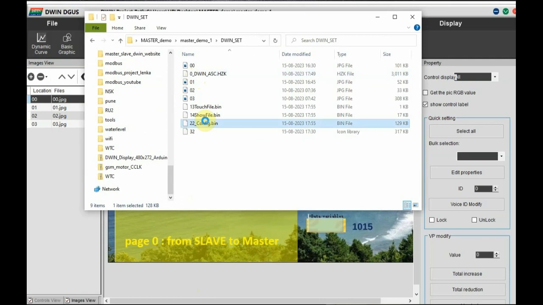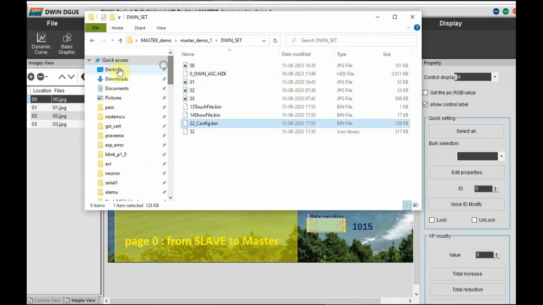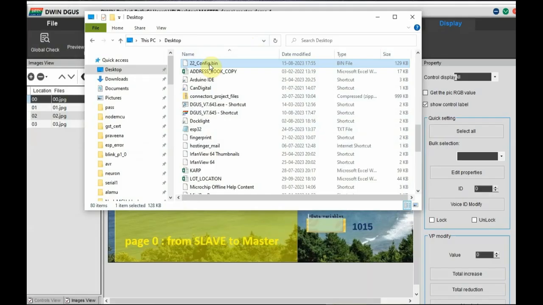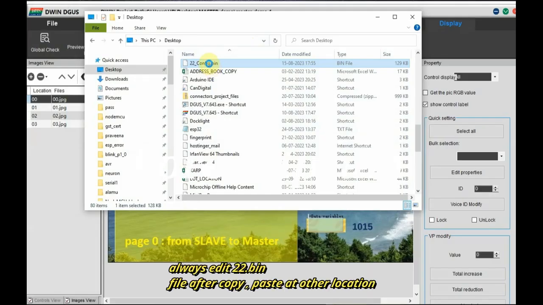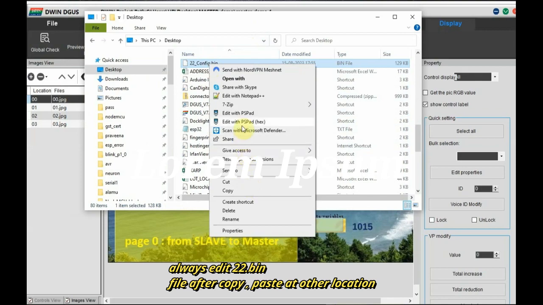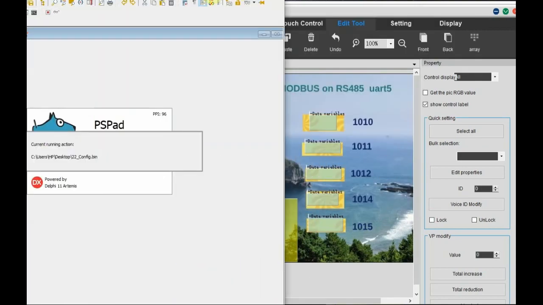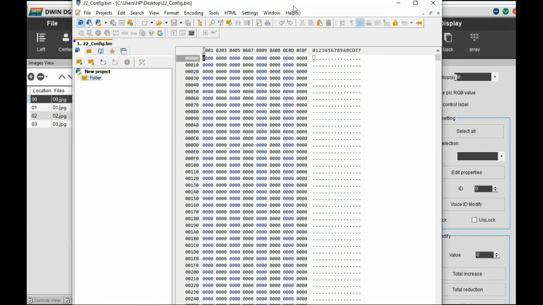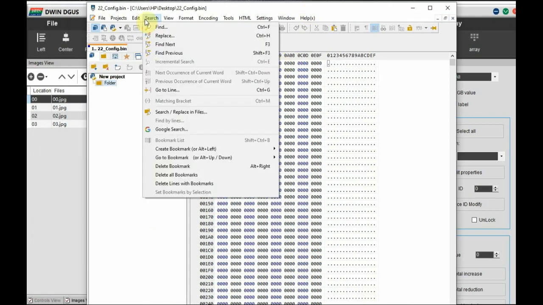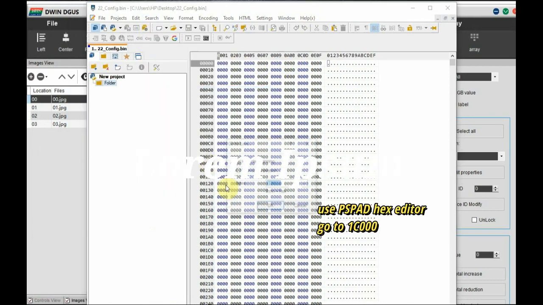Always copy this configuration file to another place and then modify. Do not modify it from the DWIN_set folder itself. Copy the 22.bin file, place it on the desktop or any other place, and then use the PSPAD editor to edit this hex file. Use the go to location